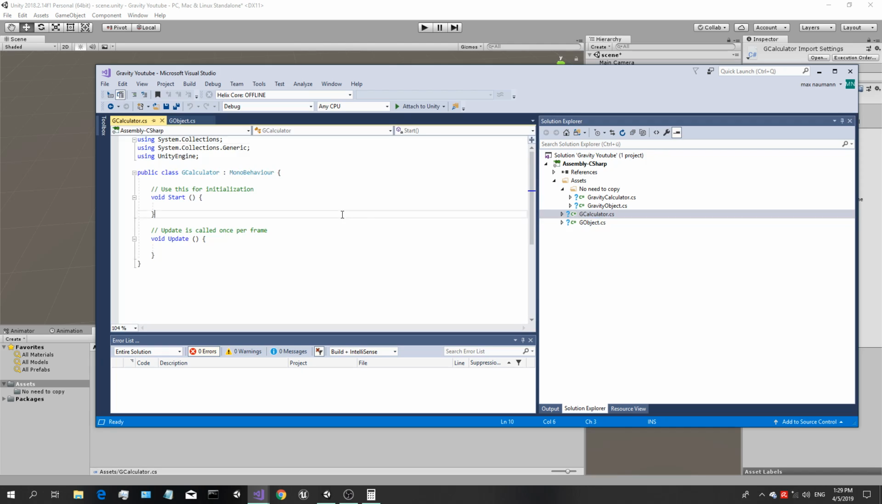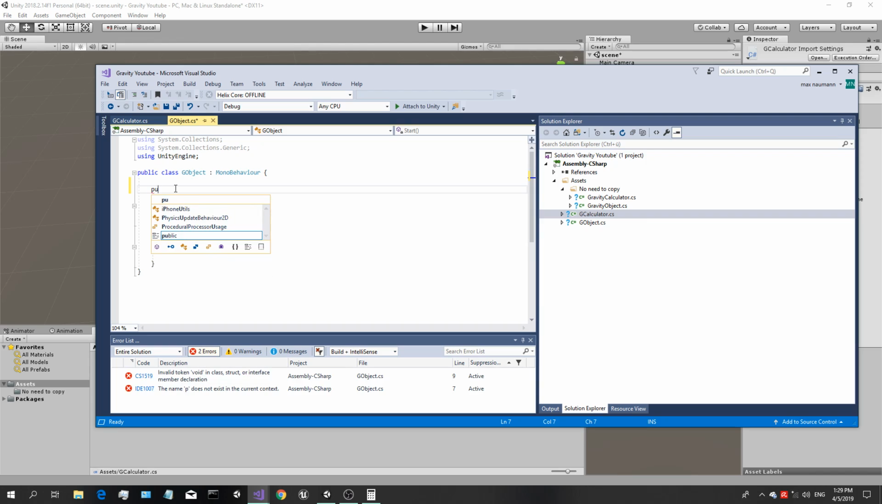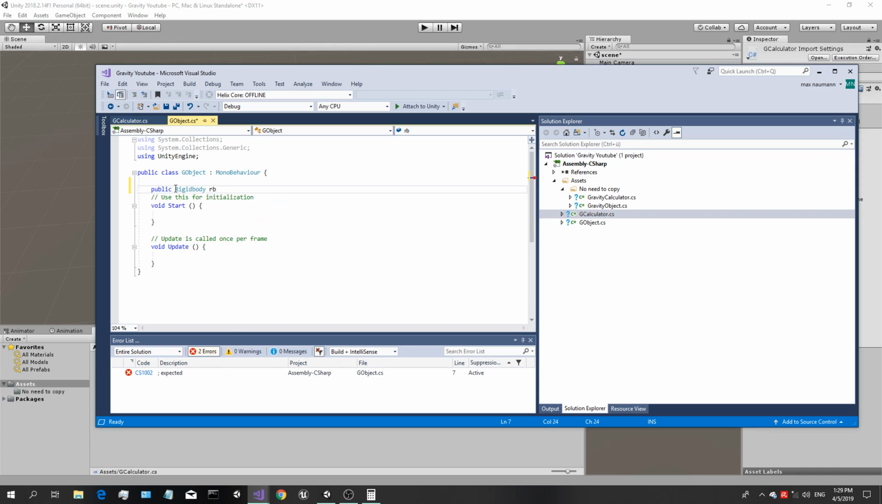So open those, and inside of here we will want to have a few variables. The first one is our rigid body. So the public rigid body RB,